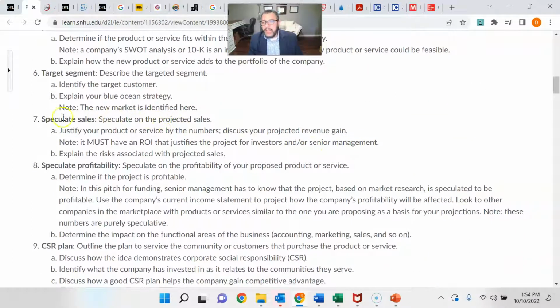You want to speculate sales? Talk about ROI. You're pulling a lot of these things from stuff you've done before. Talk about ROI. You want to talk about, hey, and I would put some charts here to make it a robust presentation. You want to say, hey, we're going to spend this money. We expect these sales. And based upon these sales and this profit margin, we expect this revenue. We expect this profit. And now you can say that that ROI is going to be at this amount, which makes this worth it. Okay, so dig into that. And this flows into profitability. You can actually combine these if you want. Speculate sales and profitability. You can do this in one section.